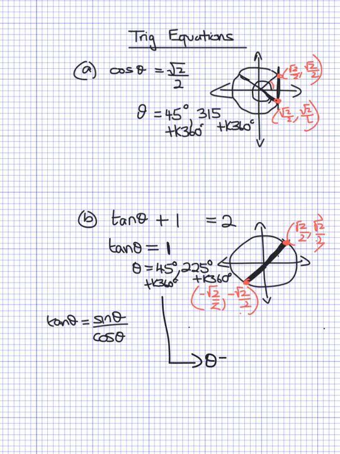Or you could write it as theta equals 45 degrees plus k times 180, which means every 180 you're going to get the right value for theta, and that would take into account the fact that every tan value repeats itself every 180 degrees. So then you don't have to put the two angles, you don't have to put 45 and 225, you can just put one of them. Okay, hope that makes sense. Alrighty,